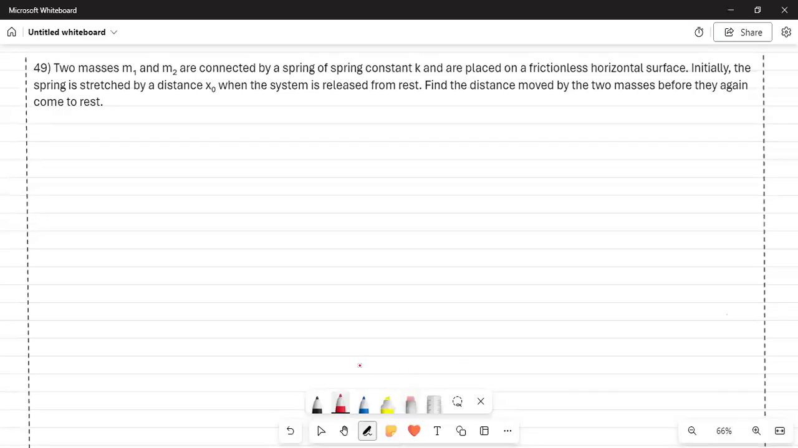Now let's take problem number 49 of your textbook. It says that two masses M1 and M2 are connected by a spring of spring constant K and are placed on a frictionless surface. There is no friction. Initially, the spring is stretched by a distance x naught when the system is released from rest. So the initial condition is